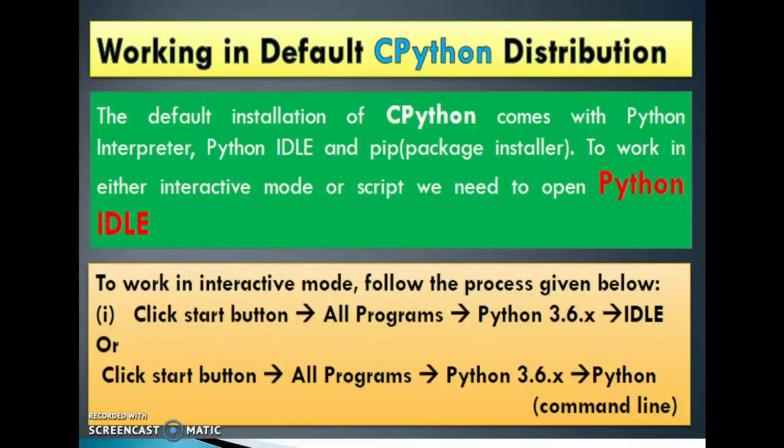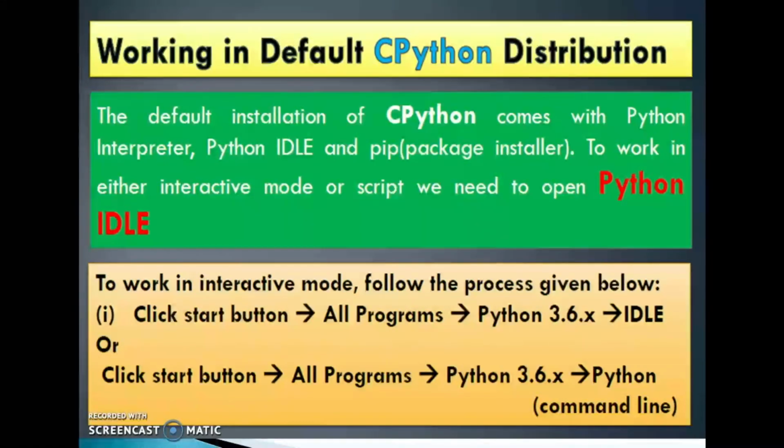First, we have to open this Python IDLE to work in interactive mode and script mode. One environment we need, then only we can work in Python. We have to type many commands or statements in these two modes.